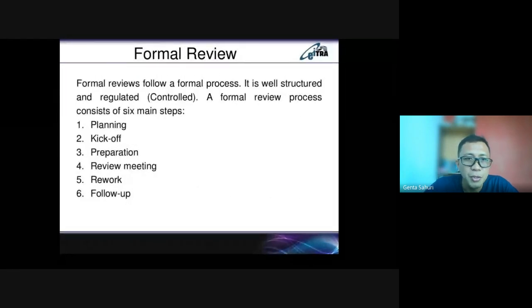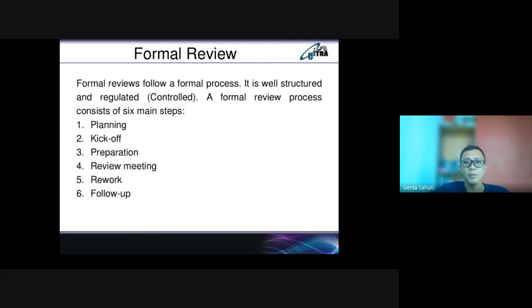Informal reviews, it follow a formal process. It is a well structured and regulated. A formal review process consists of six main steps. Start with planning, kick off, preparation, review meeting, rework, and follow-up. Rework is for some revisions that are made during the